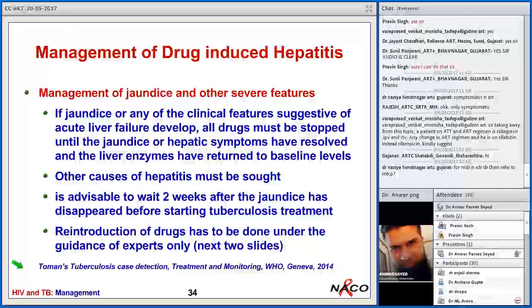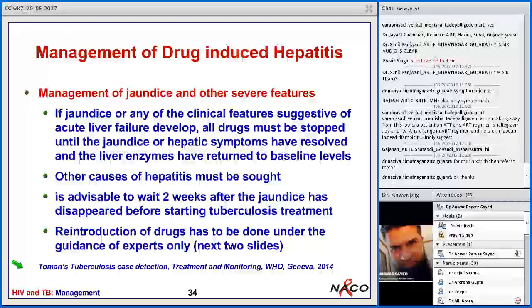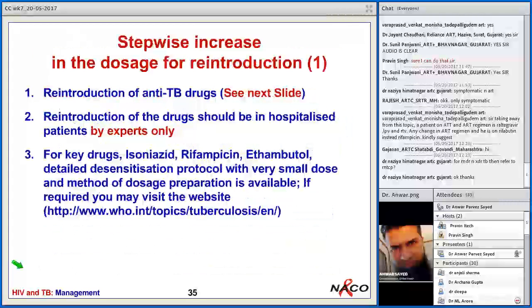For MDR and XDR, refer to RNTCP. Yes, we are not treating MDR XDR at the ART center. Whenever you find rifampicin resistance based on your CBNAAT report, you need to refer that patient to RNTCP. That patient will not be treated for tuberculosis at the ART center. That is clear. If you see jaundice, these patients will also require individual drugs, for which you will have to refer these patients to RNTCP. You will not be able to manage them with fixed dose combination, because these patients will go on hepatoprotective